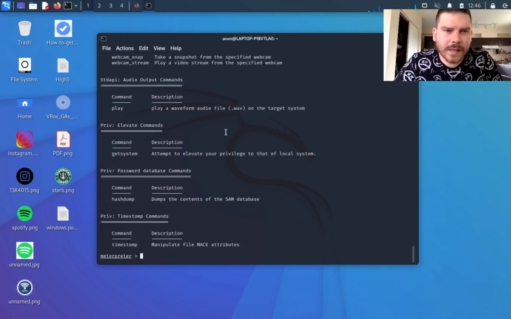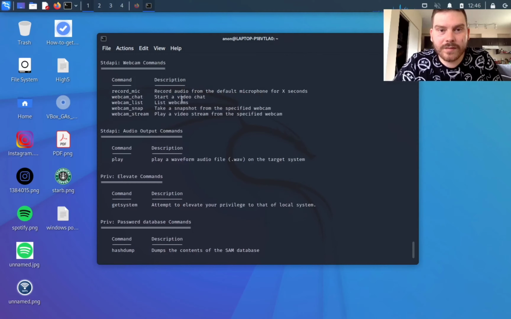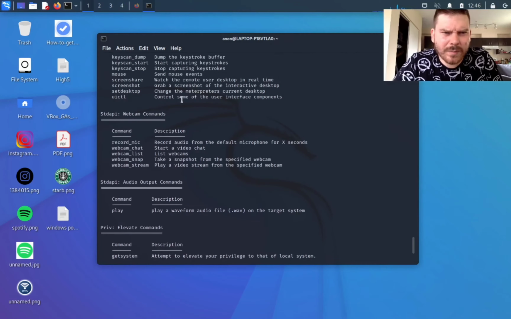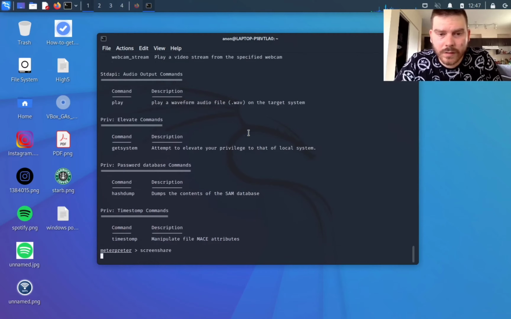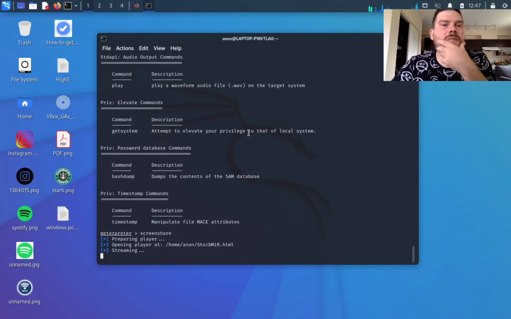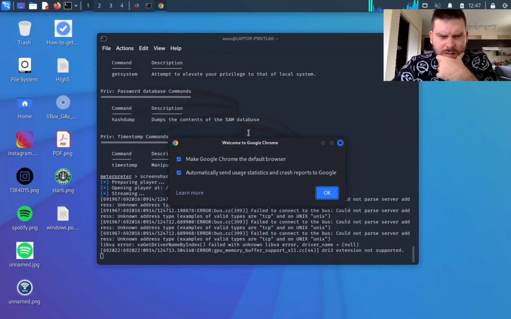I think when I escalate privileges, but you can do a webcam stream. You can record from the mic, start a chat video, like live. You can do screen share, so we can watch the remote user desktop in real time. So let's do that. See if that's working right now. Like I said, I might have to escalate my privileges before I try to do any of this stuff because,